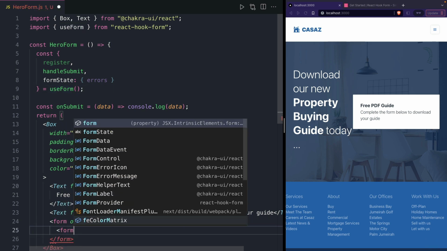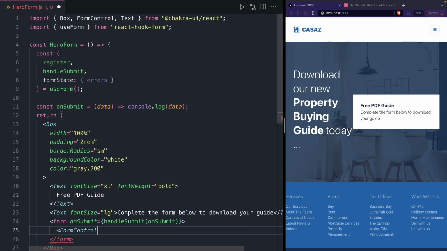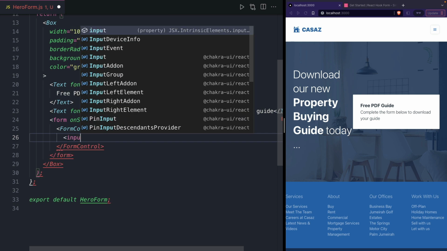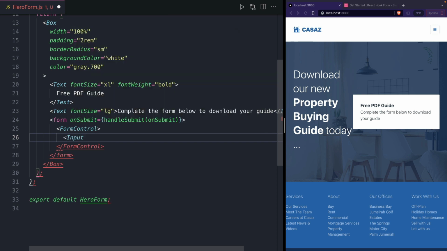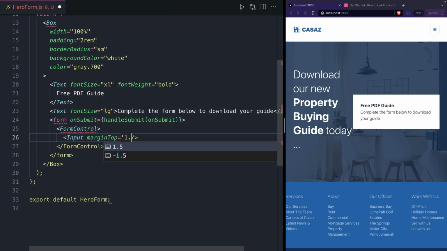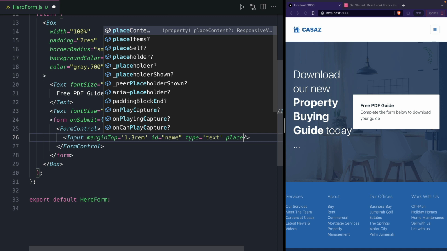Then I'm going to wrap this in a FormControl from Chakra UI, just so we get some UI benefits. And we're going to start with our inputs. So we're going to have an Input from Chakra again, self-closing tag, margin top, it's going to be 1.3 rem. Going to give it an ID of name, type text, placeholder,